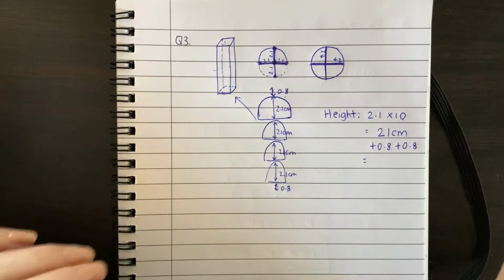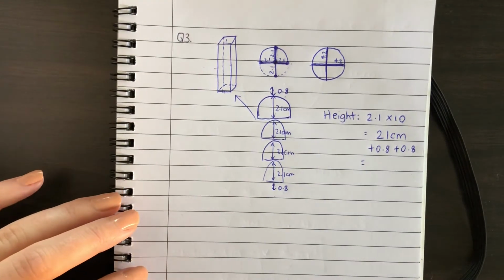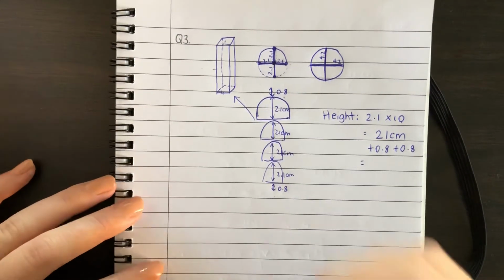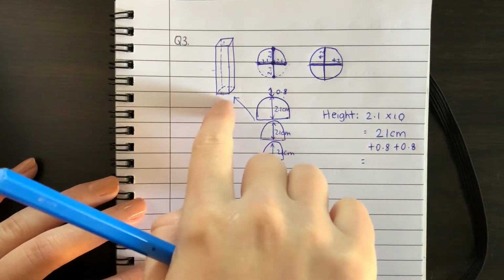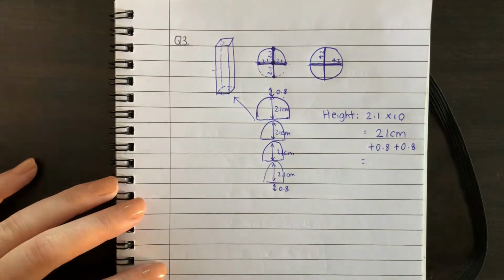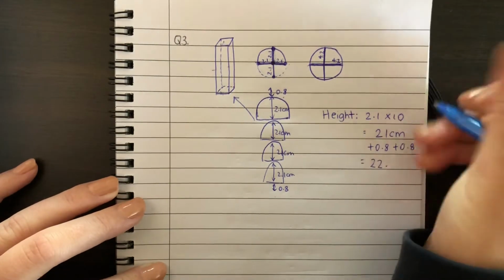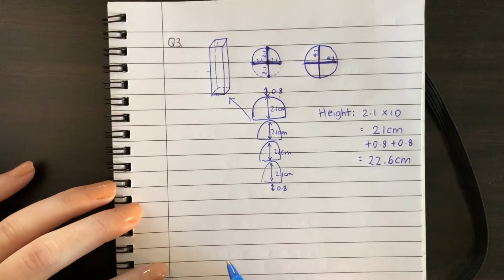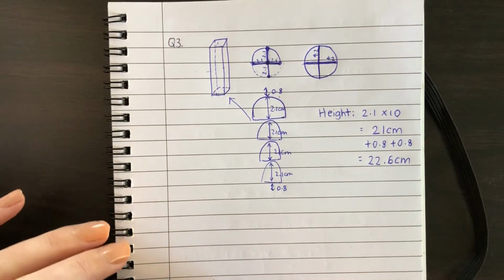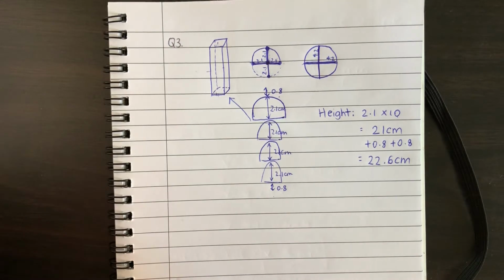And then that will give us the whole entire height of the sleeve because we're factoring in the gaps on the bottom and the top. Okay, that's 0.8 centimeters. So that equals 22.6 centimeters as our height. All right. Now, if we do the width,